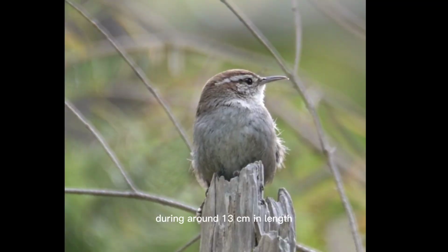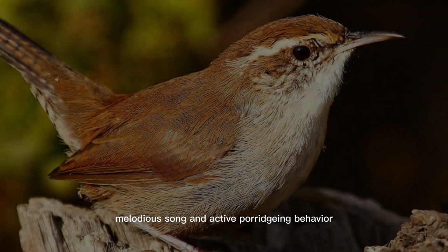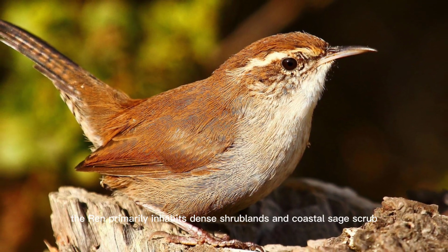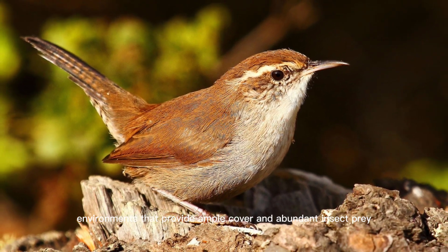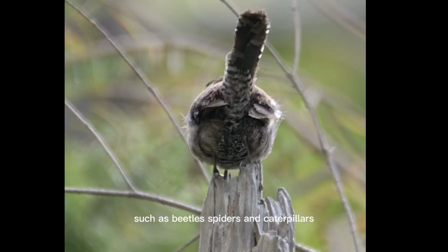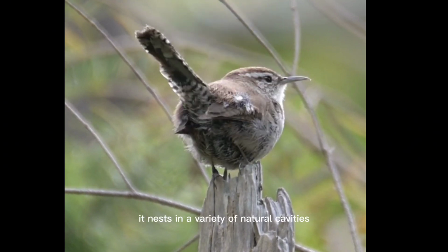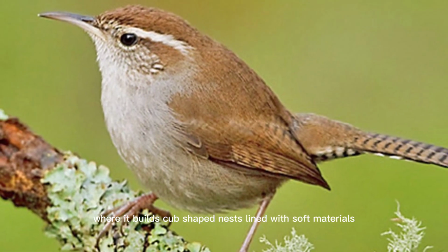Measuring around 13 centimeters in length, the San Clemente wren is known for its sharp, melodious song and active foraging behavior. The wren primarily inhabits dense shrublands and coastal sage scrub, environments that provide ample cover and abundant insect prey, such as beetles, spiders, and caterpillars. It nests in a variety of natural cavities, often in shrubs or crevices, where it builds cup-shaped nests lined with